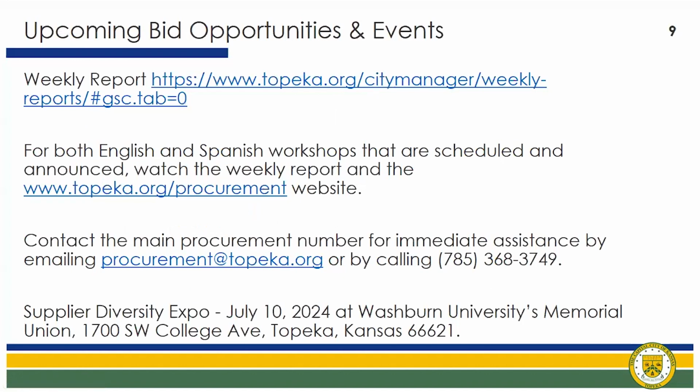Stay informed about upcoming bid opportunities and events. Vendors and contractors can use the following resources. The City Manager's Weekly Report. Check the weekly report on the City Manager's webpage on topeka.org. Workshops. For both English and Spanish workshops that are scheduled and announced, watch the weekly report and visit the procurement website. If you require immediate assistance, contact the main procurement number for immediate assistance by emailing procurement@topeka.org or by calling